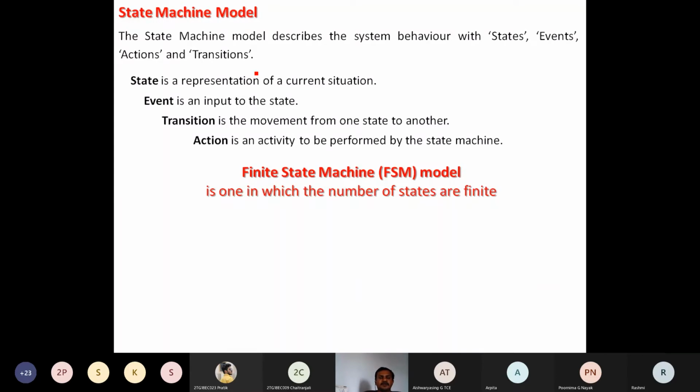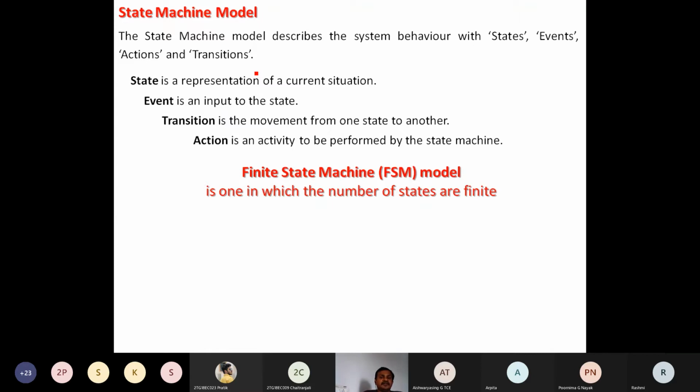When I press a button, if I go for a simple example, in the keypad, if I press a button, how many states are there? Obviously, it is more than one state. Button press is not the only event. Minimum 2. What are those? It has the button press state. Another one is the button release state.